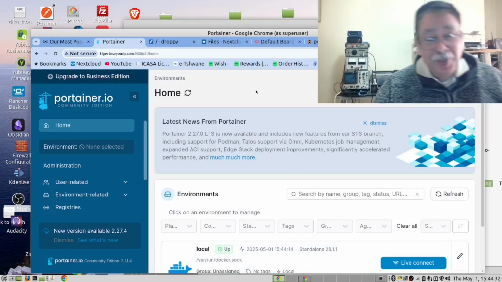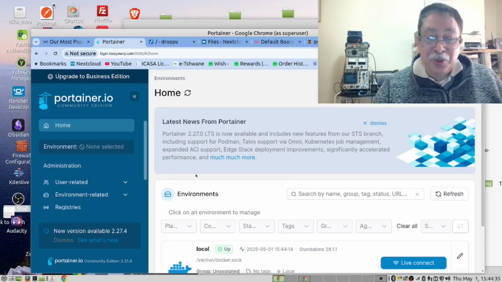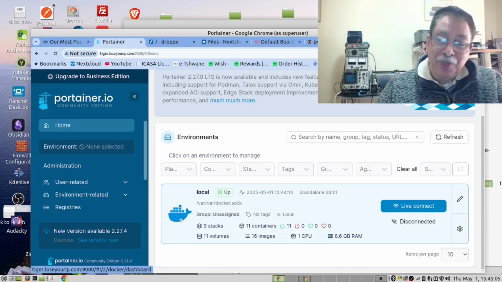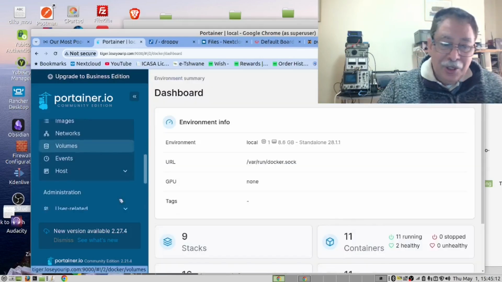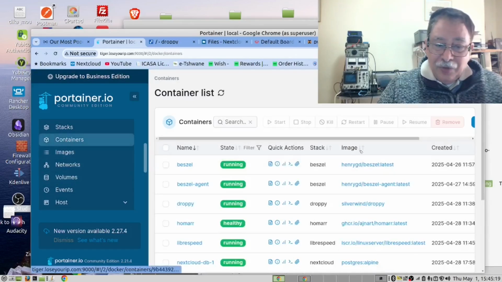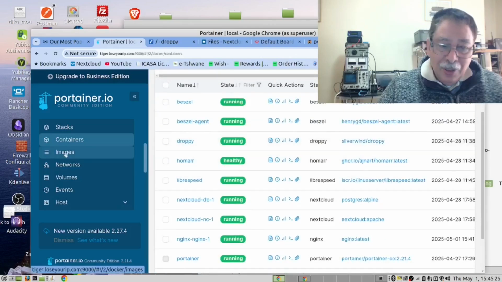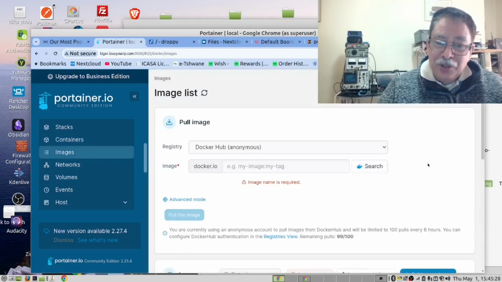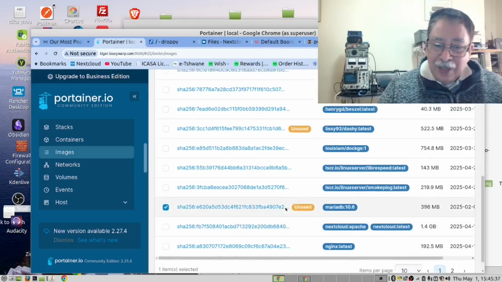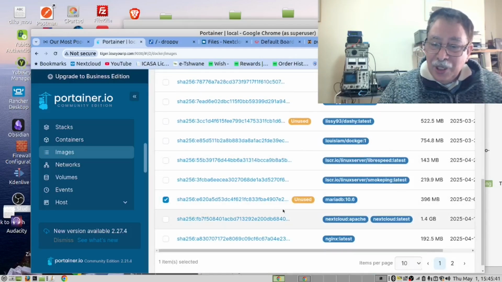The next application that we are going to look at is Portainer. Portainer not only manages applications in your Docker container, but you can use this to manage applications in your Kubernetes cluster. So if we look here, it's very similar to Dockge. You can get a view of all your containers and their status. It's got some interesting features that the other app doesn't have, and that it shows you all the images that you have, and it can allow me to delete images that take a lot of memory that are not being used.